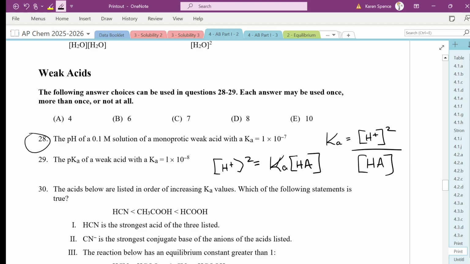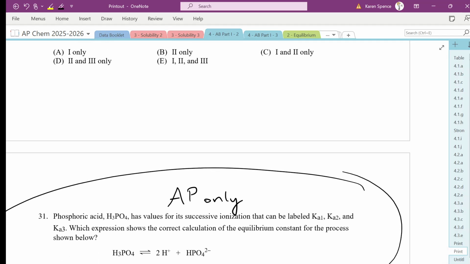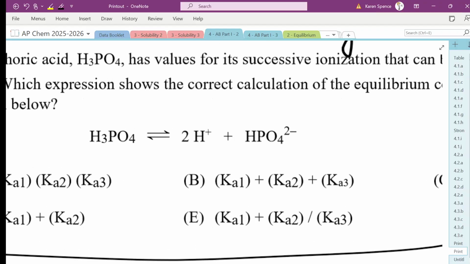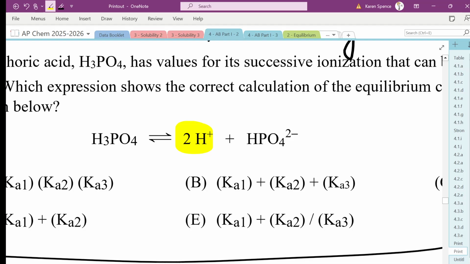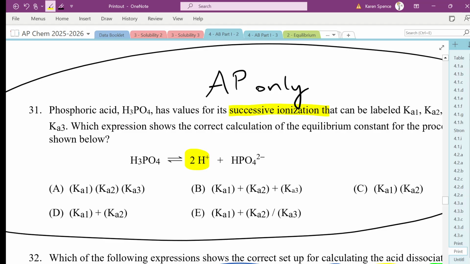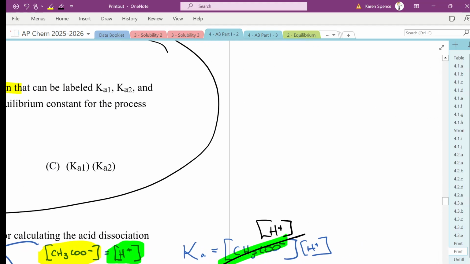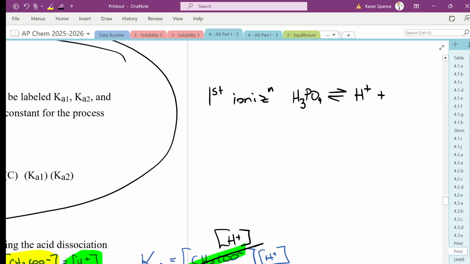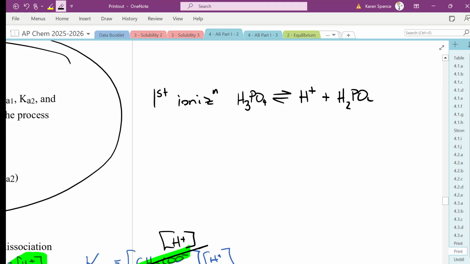Okay? Yeah. Yes. 31. Okay, so for this one, we have H3PO4, and we have dissociated 2 of the hydrogens, and we have 1 left on there. So it's successive ionization. That's ionization number 1, number 2, and number 3. That means taking off 1 hydrogen, then a second hydrogen, then a third hydrogen. So what they're saying there is that the first ionization is H3PO4 gives H+ plus H2PO4-, and our second